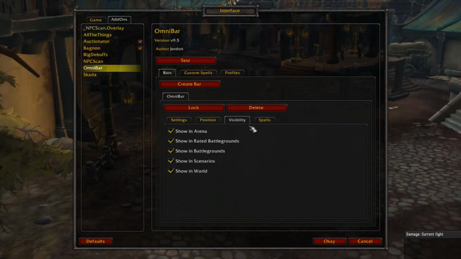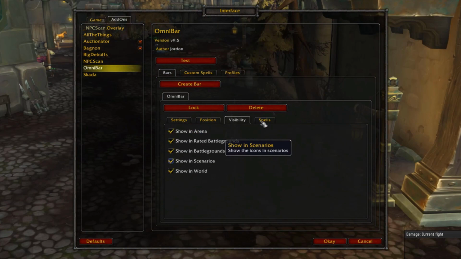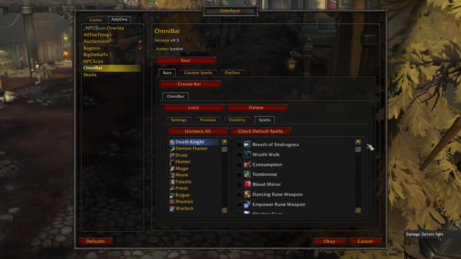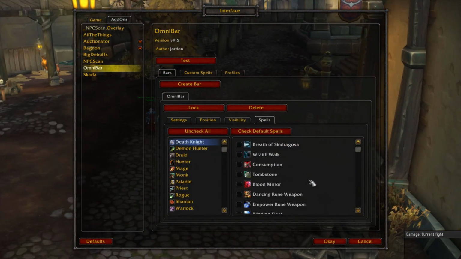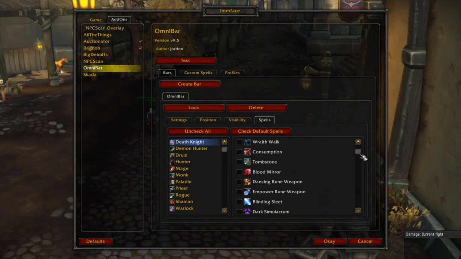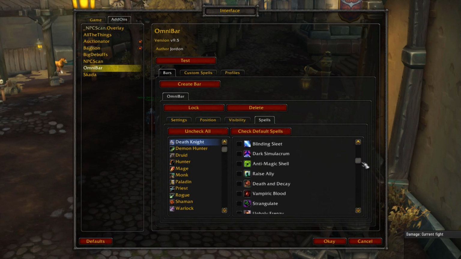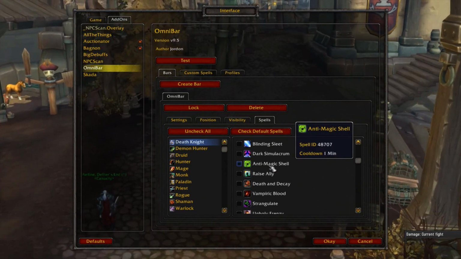You can change the position, when you want to show it, and what spells are here. So this is what people have done. I need to do this on this character. I've only got the default spells, but if you want to track specific spells like anti-magic shield to know when